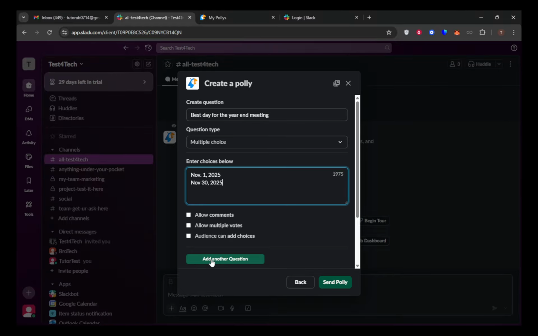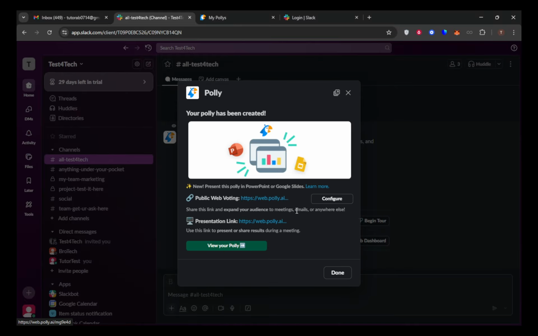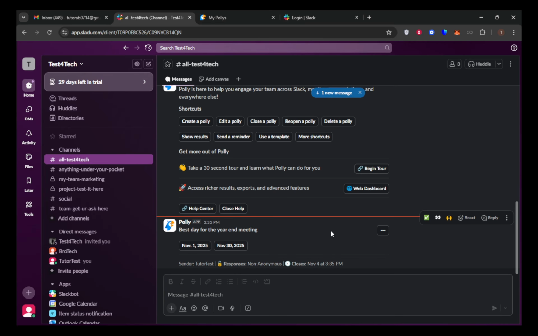Once your command is set, it's time to polish the details. Open the app's modal or pop-up to customize your poll to suit your specific needs. You can choose whether to allow anonymous votes if privacy is a concern for your team, or even decide if respondents can select more than one option. Planning is key, so if you need to designate a closing time for the poll, be sure to schedule the